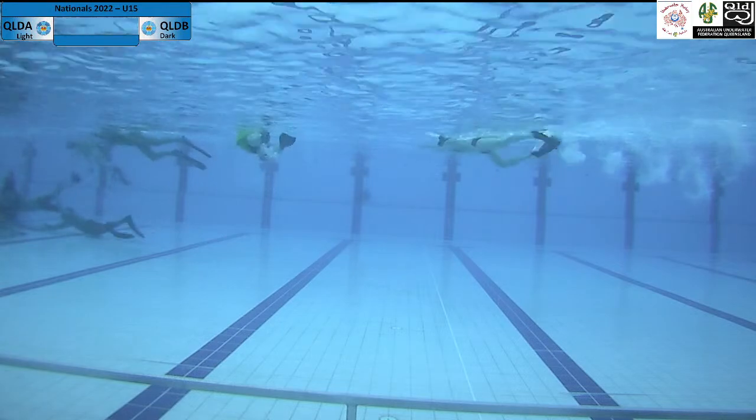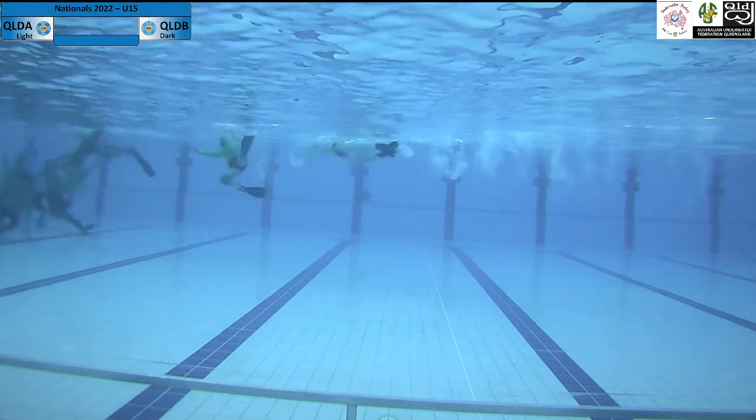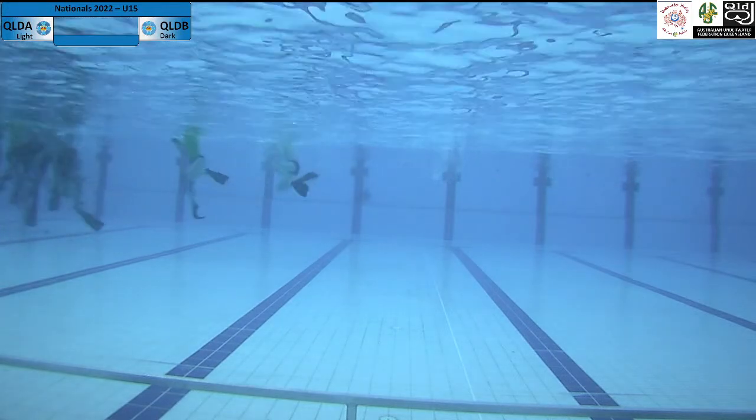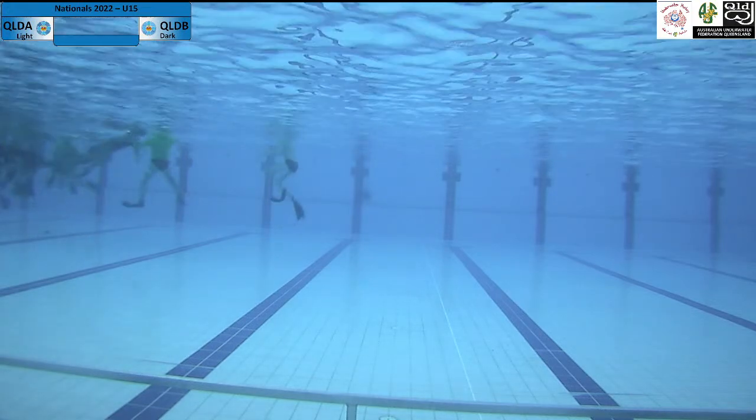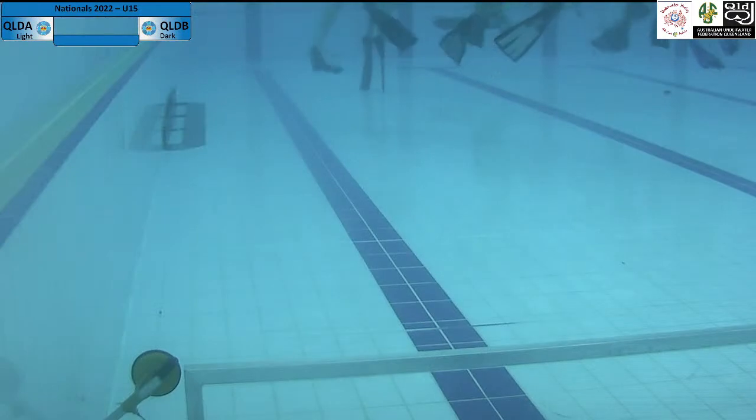Oh, we can see. Oh, no, white swimming right to left. There we go. Oh, fantastic. Alright. So Queensland A are putting a lot of pressure.